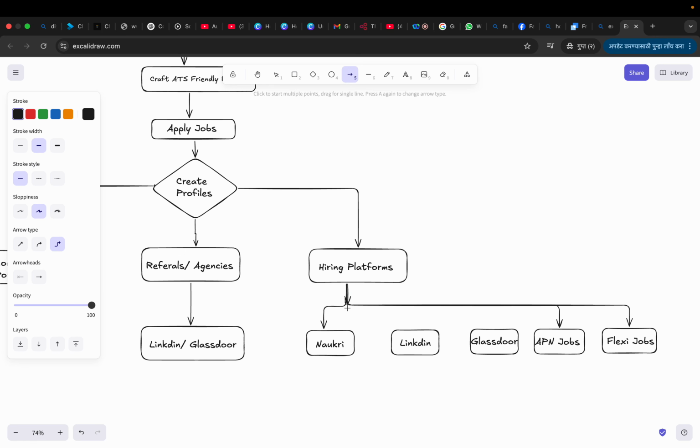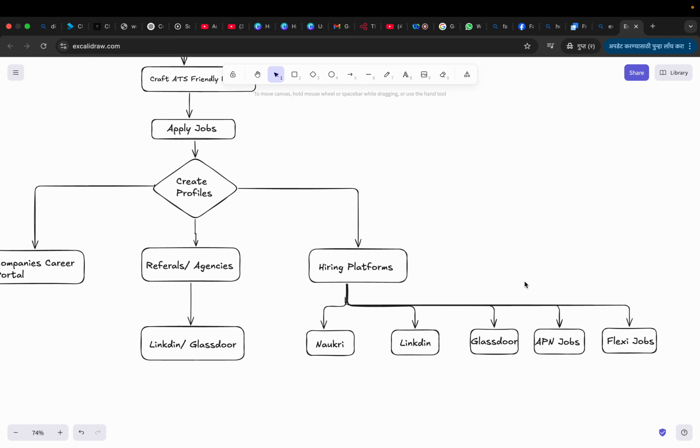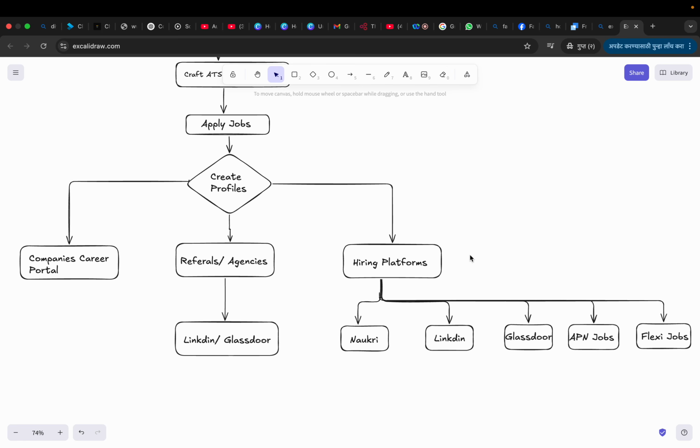I'll decode the process today so that you can follow this, because after all, we have completed your syllabus, so this process is important, so you can start hunting the job offer for you. LinkedIn and Glassdoor, as I said, for a referral or agencies. There is one more agency, the big agencies like Upler. You can reach out to Upler, create your profile, they'll help you to get a job as well. Randstad is another agency who actually